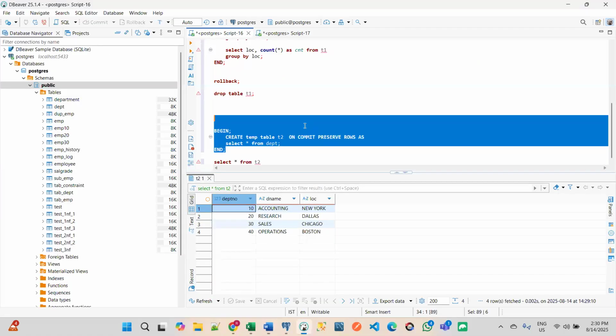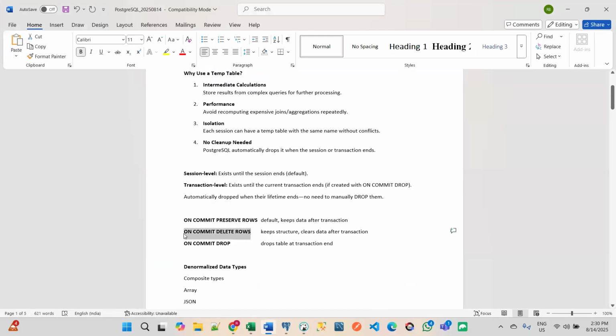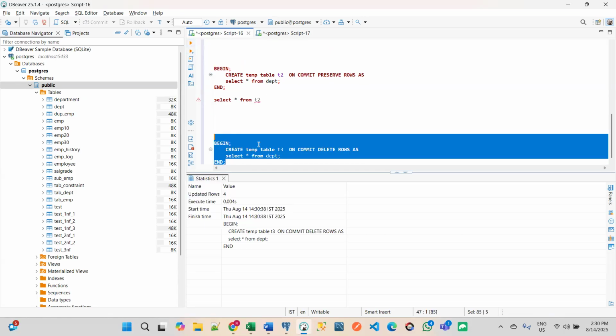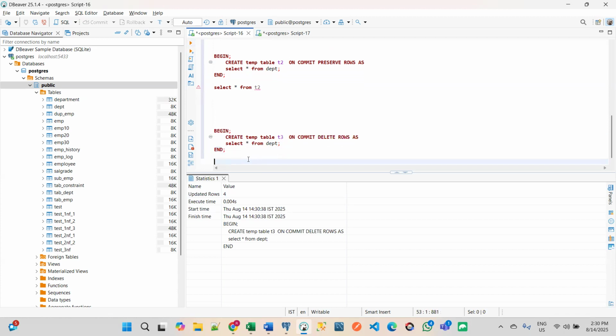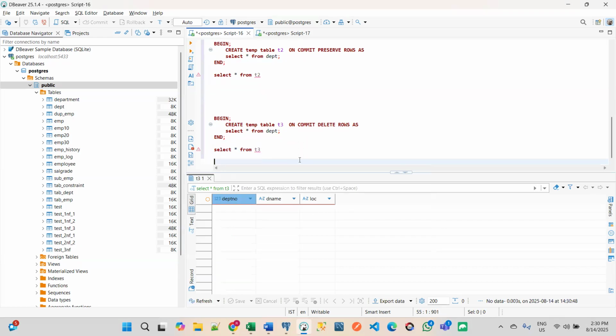Okay. So I am taking here, for explaining that example, taking T3 and take this property on commit delete rows. Okay, execute it. So now table structure will be there, but records will not be there. Okay, I'll check this. Table structure is there, records are not available. Okay, and next